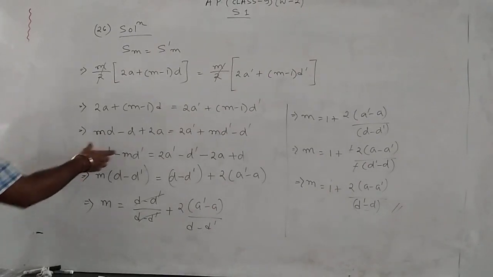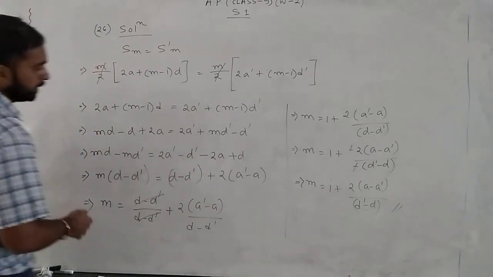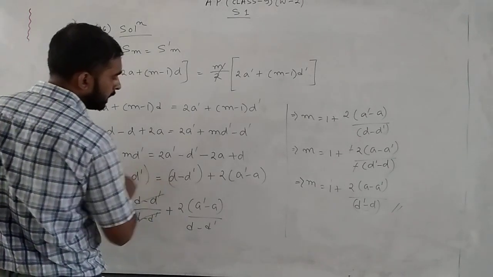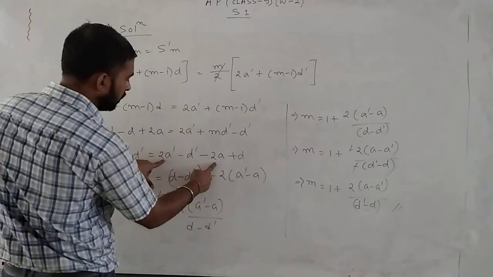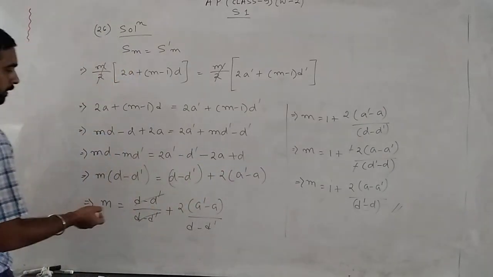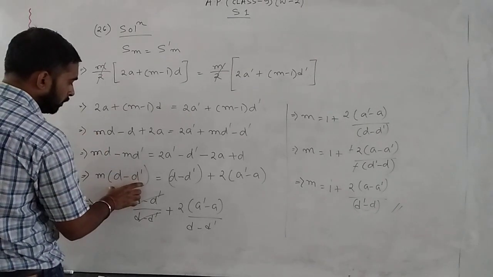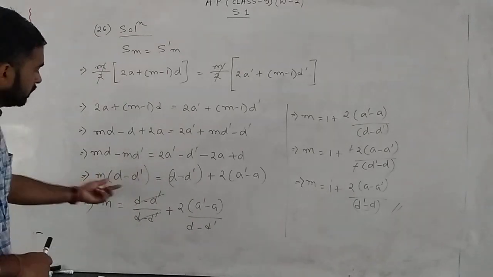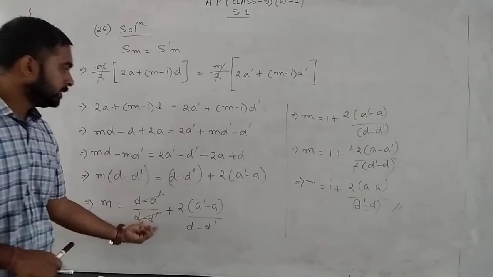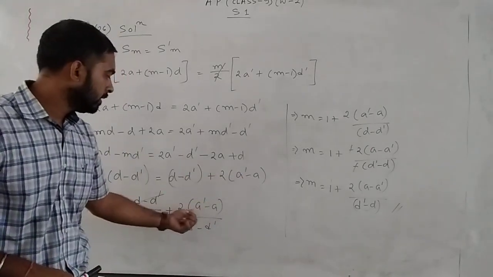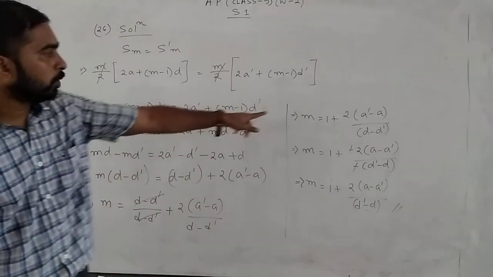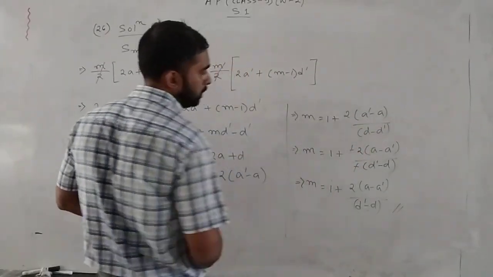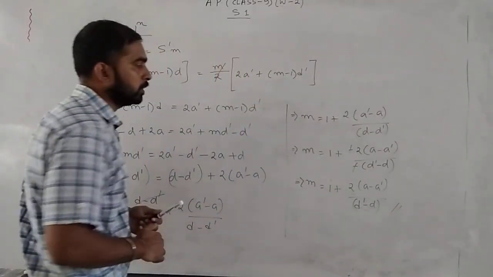Then keep the m term to the left hand side and all to the other right hand side. Here m common, D minus D dash equal D minus D dash plus, out of this, 2 common A dash minus A. Then next line I divide each term on left hand side and right hand side by D minus D dash. So you cancel D minus D dash by D minus D dash, twice A dash minus A by D minus D dash. Here also cancel 1, it remains same. If I change the places, then minus will be common. Minus cancel. That is what we have to prove.